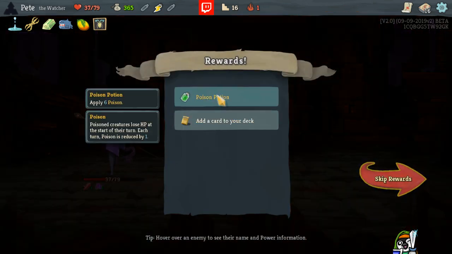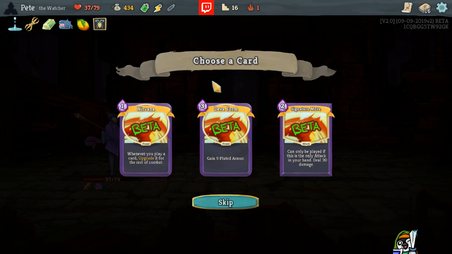Hey Baylor. Strength seems nuts for this character. Yeah, strength seems pretty good. I like Nirvana, but it's a very strong... Nirvana seems to be a very, very strong card in boss fights. The problem is our next boss fight is like 16 floors in the future. So